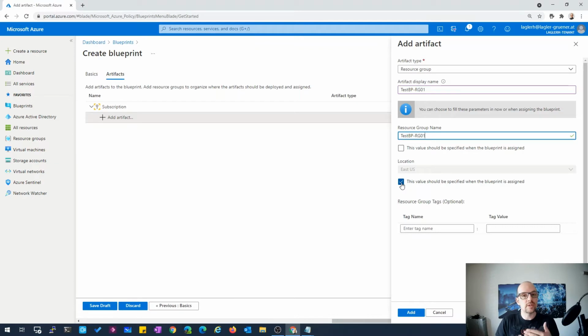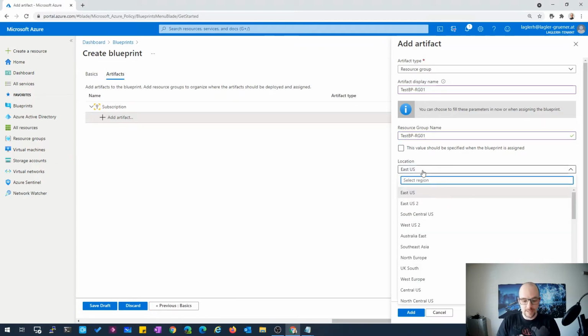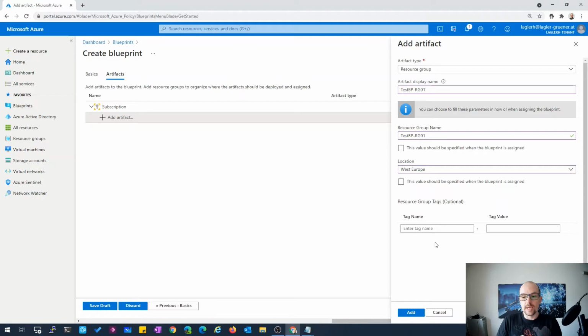You can choose it during the deployment, or you can fix it in your template. In this case, I want to choose West Europe. You also have the ability to assign custom tags. So in this case, I want to define a cost center.